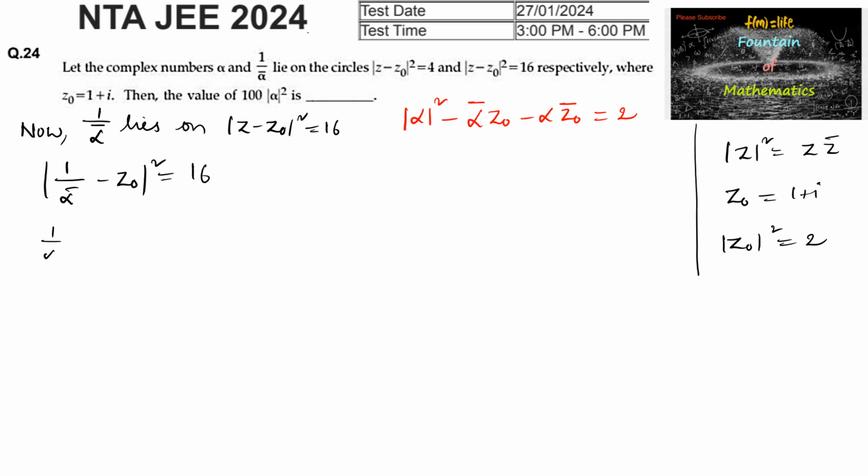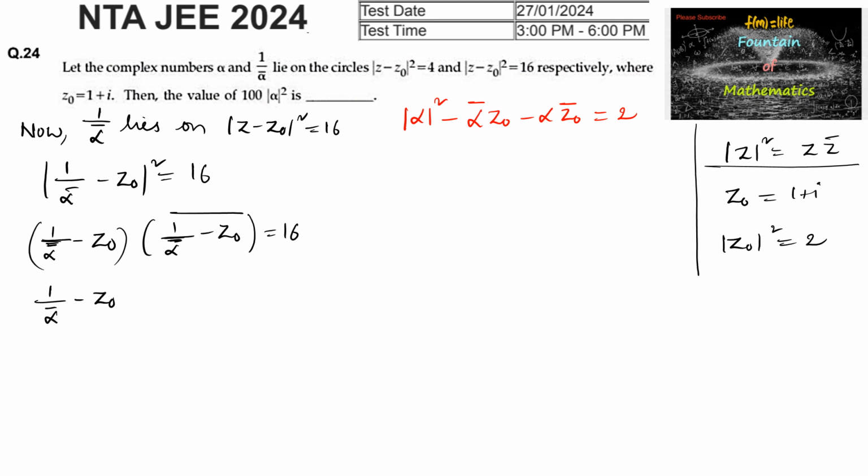We can write 1 upon alpha bar minus z naught into 1 upon alpha bar minus z naught whole bar is equal to 16, since mod z square is equal to z into z bar. So we can write 1 upon alpha bar minus z naught times 1 upon alpha minus z naught bar is